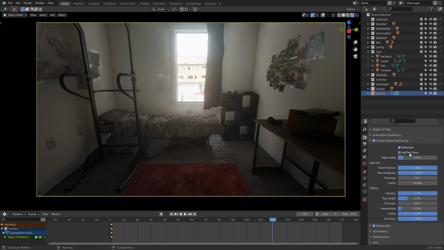Half resolution tracing is basically saying, do you want to preview this at a faster mode? That's half resolution. I say, no, dude. I want to see it in its full glory. Disable this. Edge fading is kind of like a vignetting for this effect, most notable if we were to crank